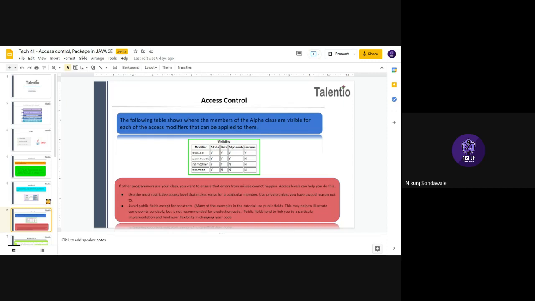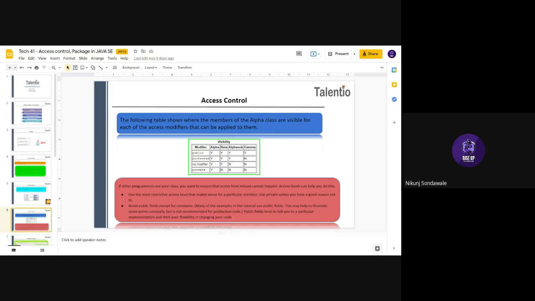This table will tell you which access modifier can be applied to which class. Okay, so for public, this alpha, beta, and alpha sub class and gamma class.